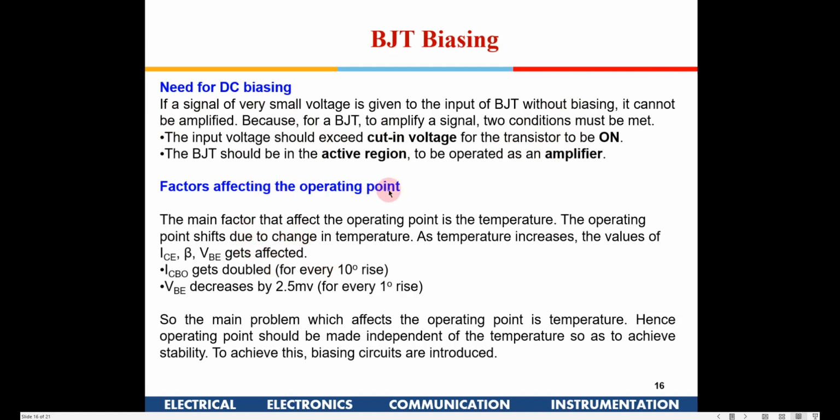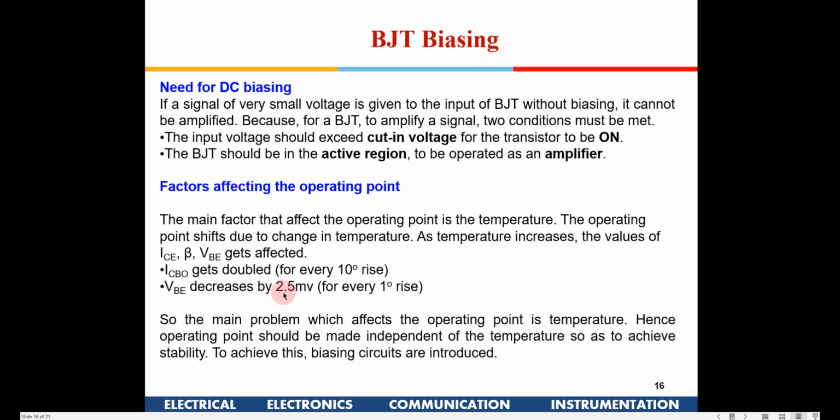Also, when we do the biasing, we have to see the VBE, that is the junction voltage between the base and the emitter. Usually we call it 0.7 volt, as for diodes also, because this is also a diode. So we say 0.7 volt or 0.75 volt, whatever is generally specified. 0.7 volt is the voltage at room temperature, but it starts decreasing when the temperature rises.